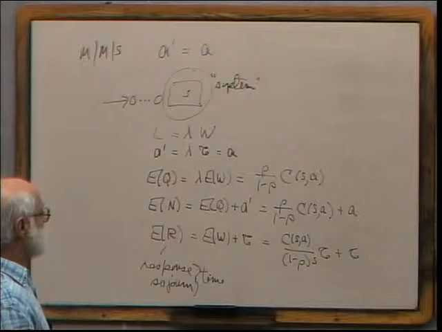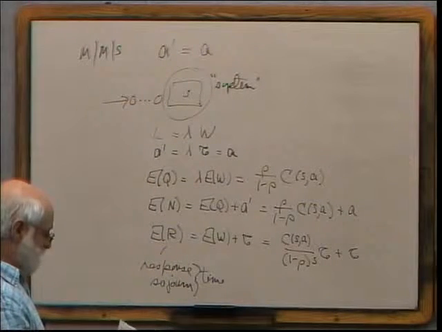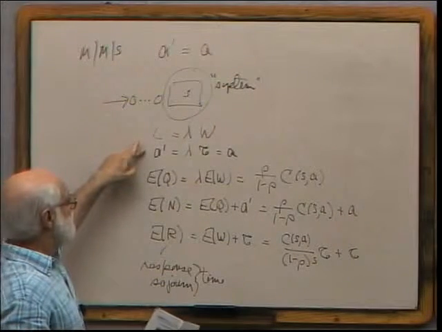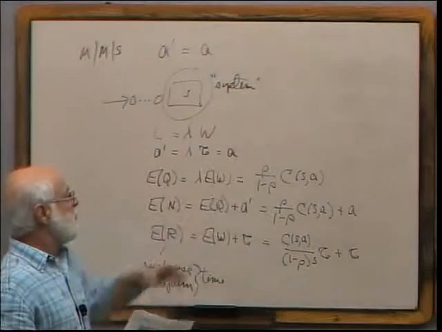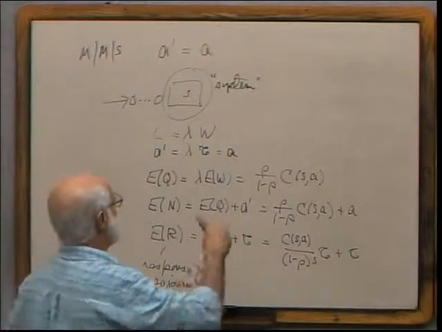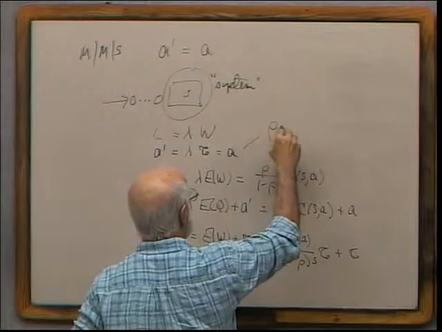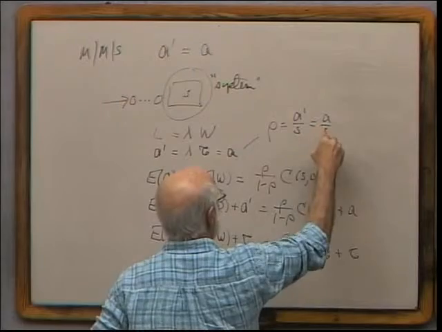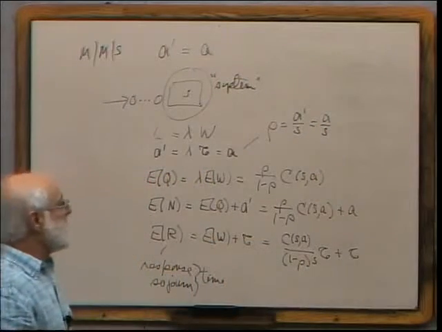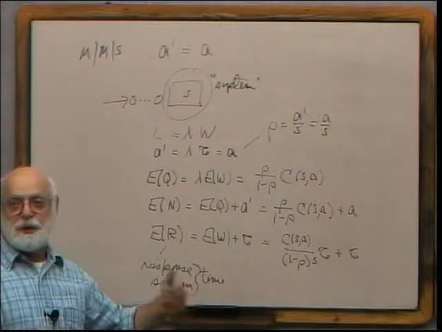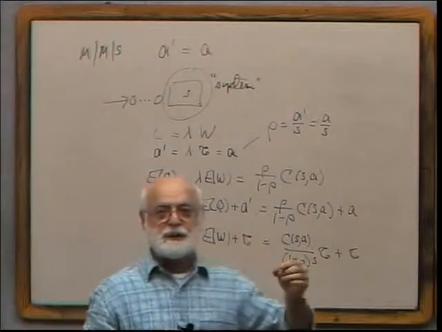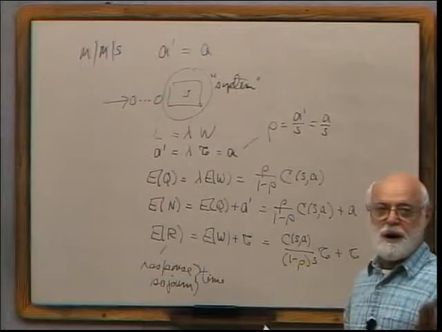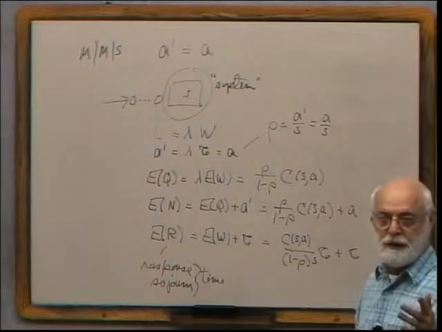Okay, so now we have various different performance formulas. We've got the average number of busy servers, which is the carried load, which is also equal to the offered load. And by the way, that means that rho, by definition, the carried load divided by the number of servers, is the offered load divided by the number of servers, no matter whether I have Poisson input or some other input, no matter whether I have exponential service times or some other service time, and no matter whether the service is in order of arrival, reverse order of arrival, or anything else. So this is a very